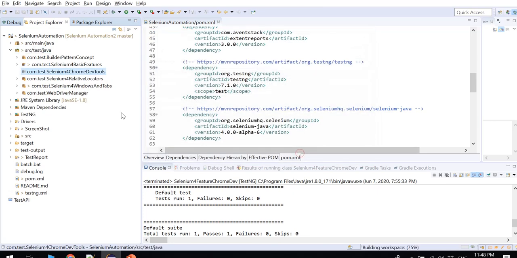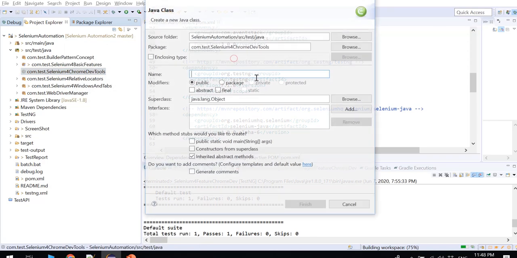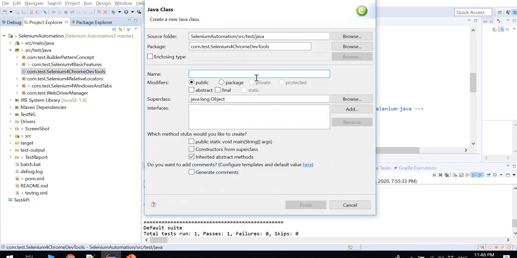Okay, let me finish. Let me create a class. Getting Chrome console logs.